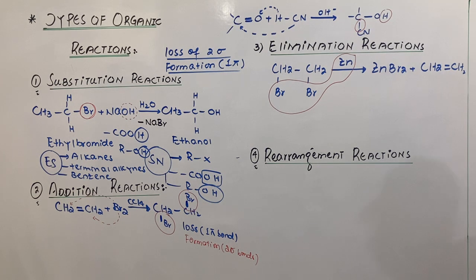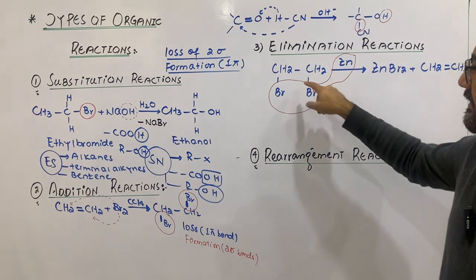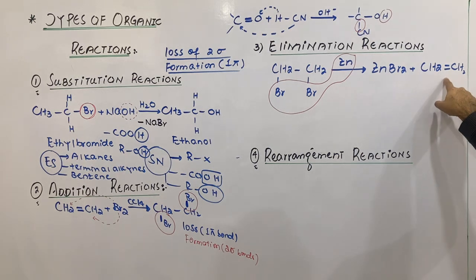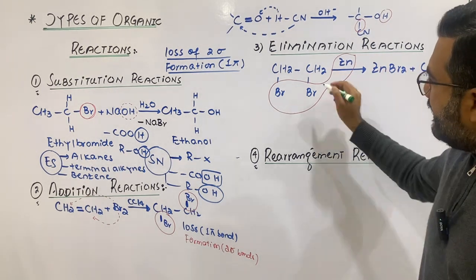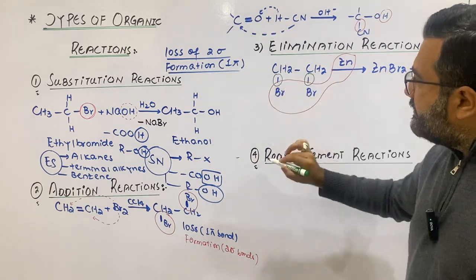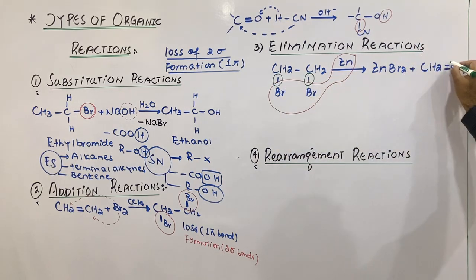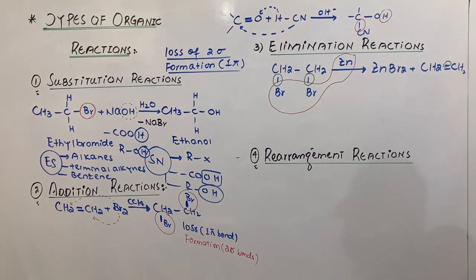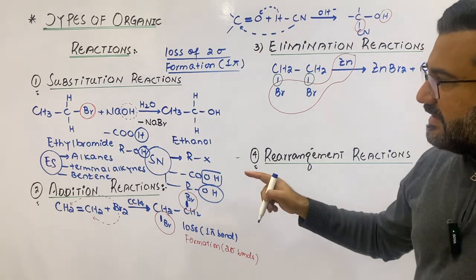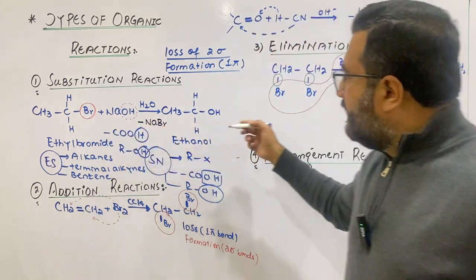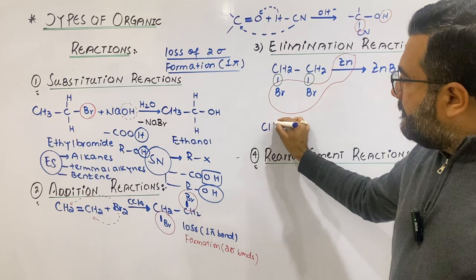So these are the elimination reactions in which the saturation is changed to unsaturation and at the loss of two sigma bonds. These are the two sigma bonds which are lost and this one is a pi bond which is formed. These are the elimination reactions. And elimination reactions, my dear students, they are also shown by the different organic compounds. Just like I will like to give a concept here, that if we have again